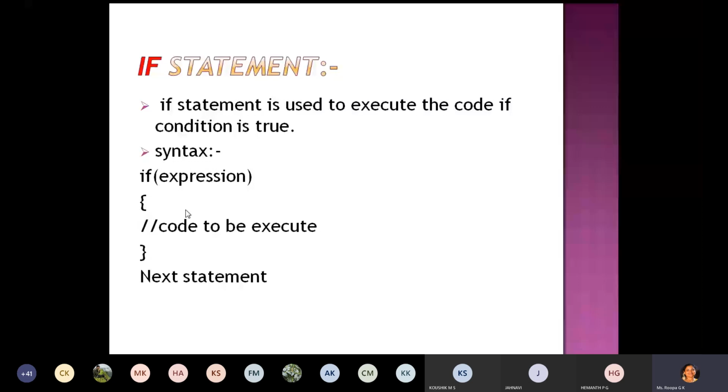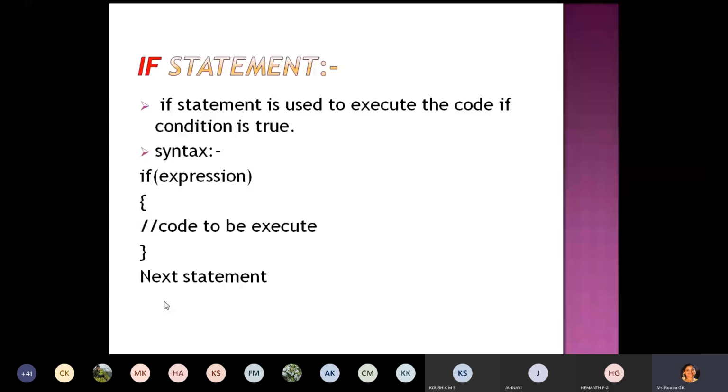And one more thing, if the condition is true also, after this particular code, the next statement will be executed. In the simple if statement, there is no else part. Else part is absent, which means if the condition is false, the next statement will be executed. If the condition is true, after this part, the next statement will be executed. This is how the if statement can be used in C language.